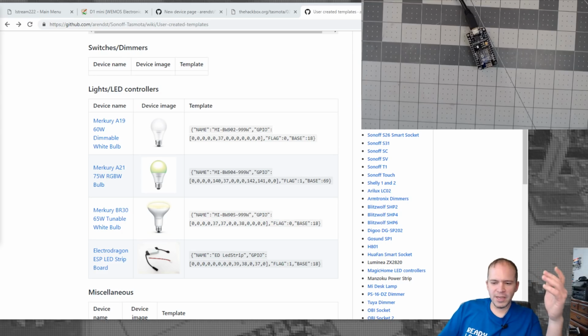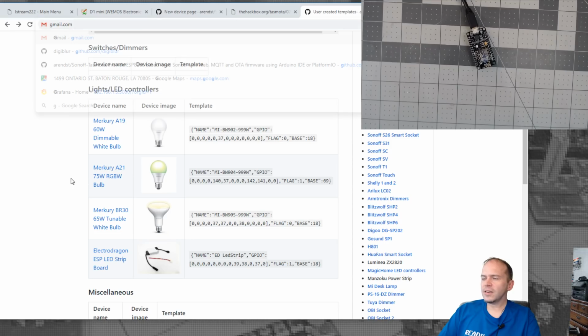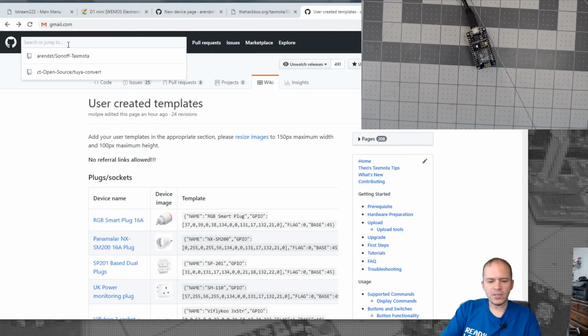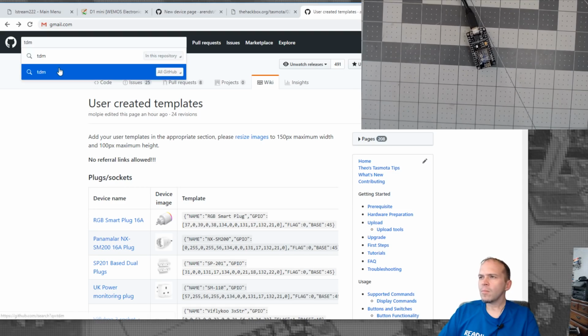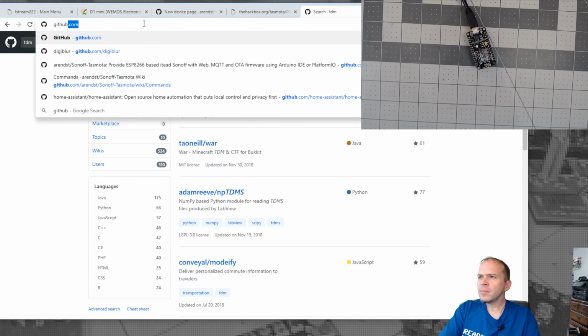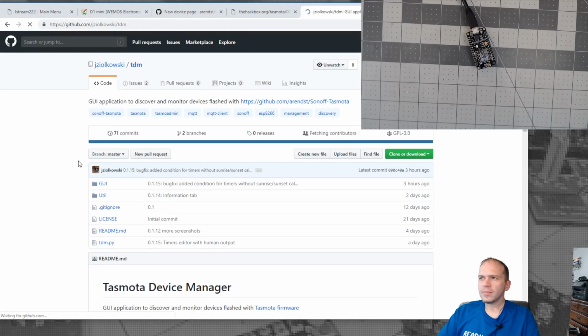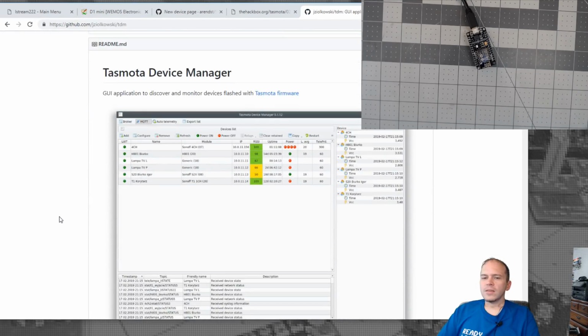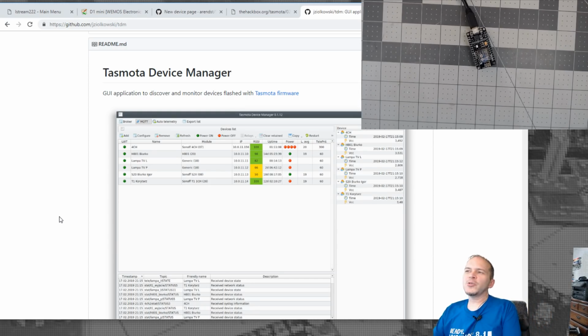So I wanted to show another cool thing. I know a lot of you, I'll post the, if we look at, let's see, we're on GitHub, TDM, sorry. It's not going to be github.com, TDM. The Tasmota Device Manager. I mentioned this before to a couple people. It's a cool little